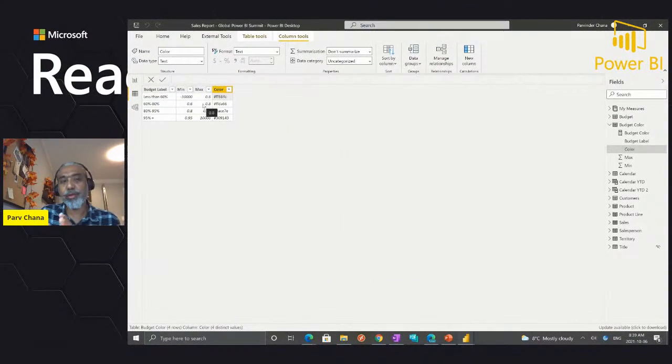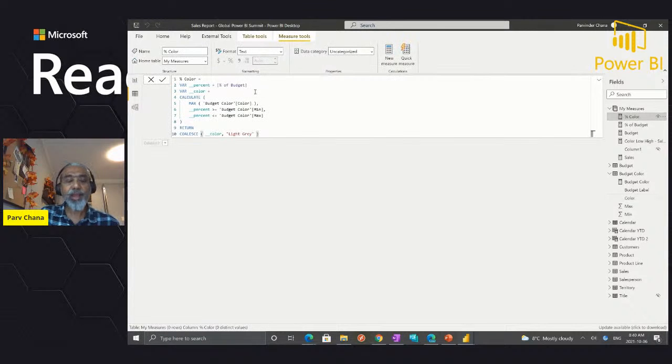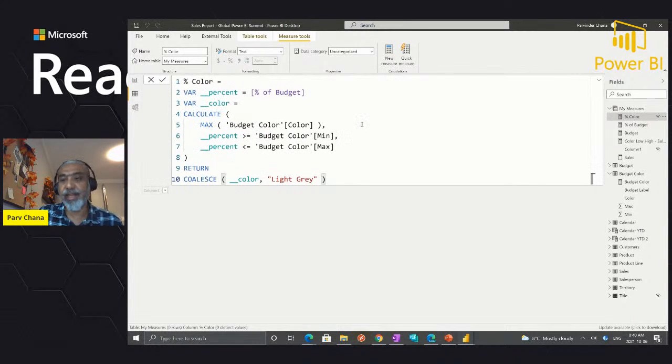So how is this being used? I created a table which contains just a label for my information, a minimum and maximum value, and what color I want to use. Once I have this table, I created this measure. Again, as I said, DAX is your friend. Same thing what I'm doing here is, I'm taking, okay, what is my percentage of budget? So from my budget color table, I'm taking the color based on in which range my percentage falls. If it is within whatever the range is, let's say 60 to 80%, give me that color. And we will talk about what I'm doing here.